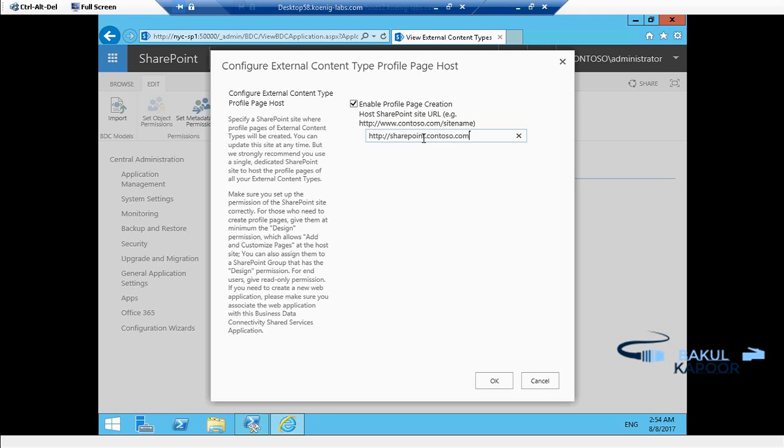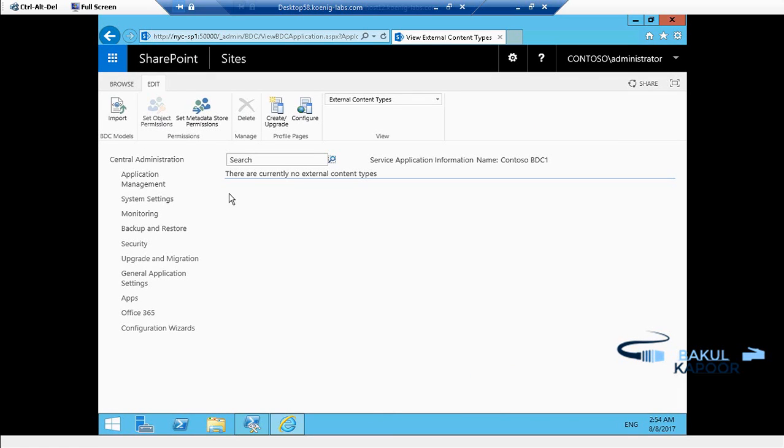Okay, so now if you are accessing your external links, this particular page will be the one on which you will be accessing your external links, and this page would be the one on which you will be viewing your external contents that you will be synchronizing or attaching with your SharePoint environment. Alright,